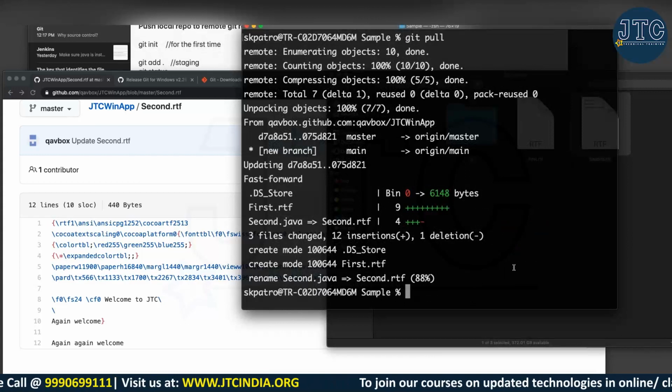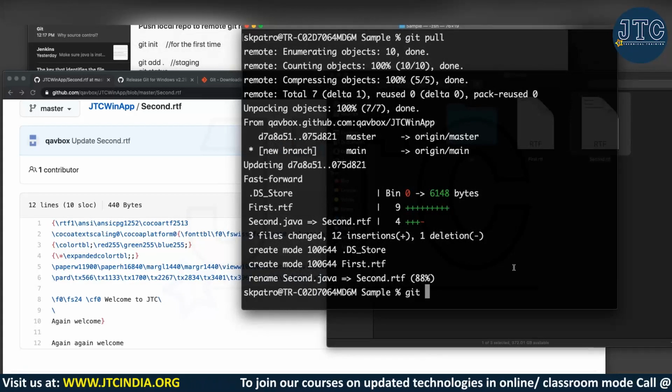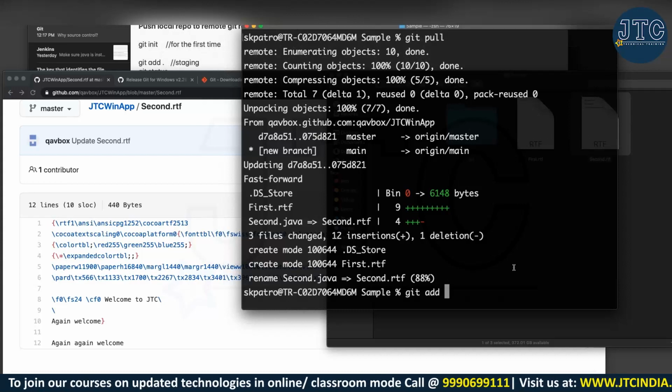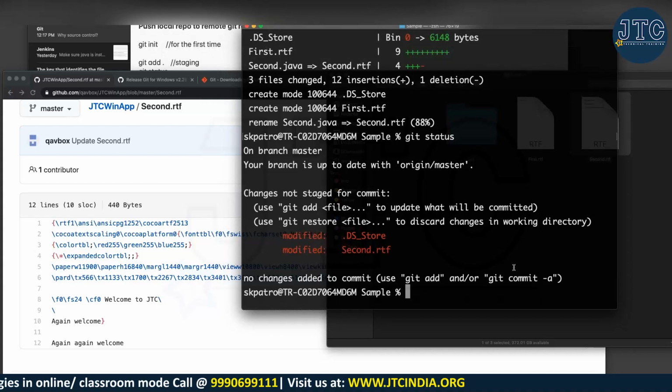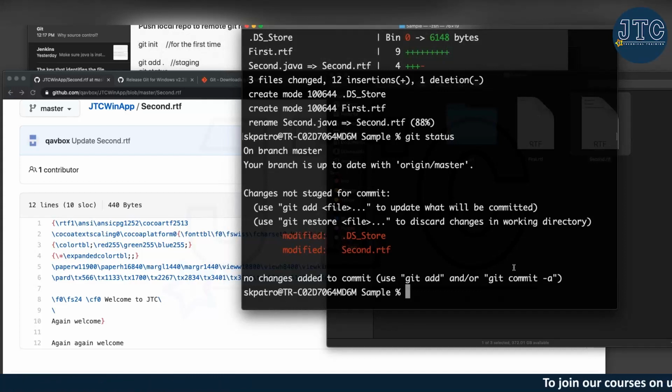I updated something. Now here what I'm doing, git add. Let me do one thing, let's do a status. You can see it is modified already. Now when it is modified, I need to add that particular file because it is not yet tracked, so I will be tracking that one.